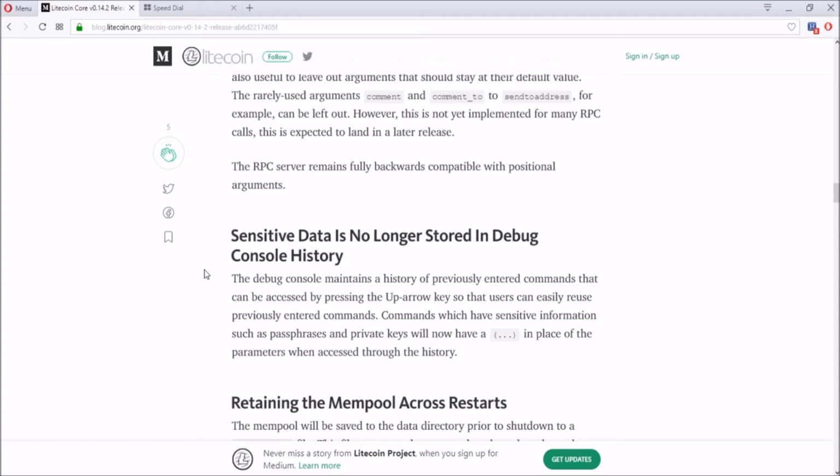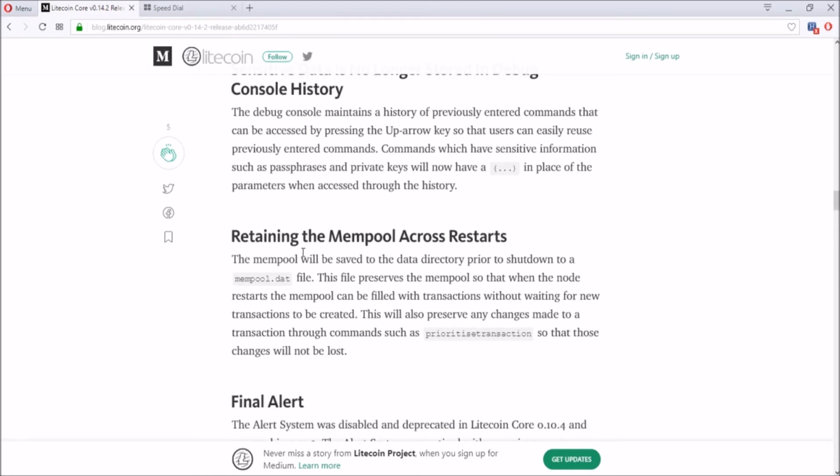It boosts up the security of Litecoin. Instead, the commands which have sensitive information, such as a passphrase or private keys, will now have that in place of the parameters when accessed through the history. So better security for Litecoin, retaining the mempool,